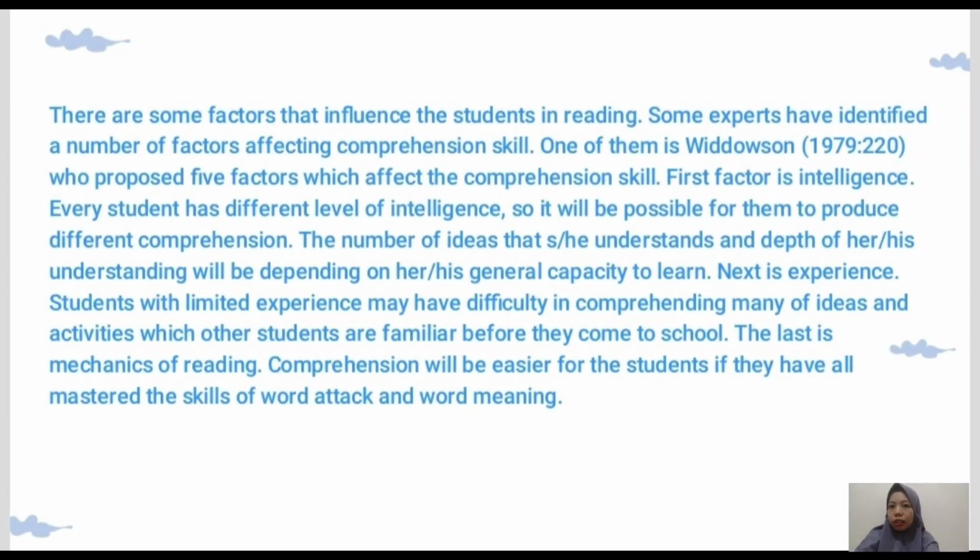First factor is intelligence. Every student has different level of intelligence, so it will be possible for them to produce different comprehension. The number of ideas that she or he understands and the path of her or his understanding will be depending on her or his general